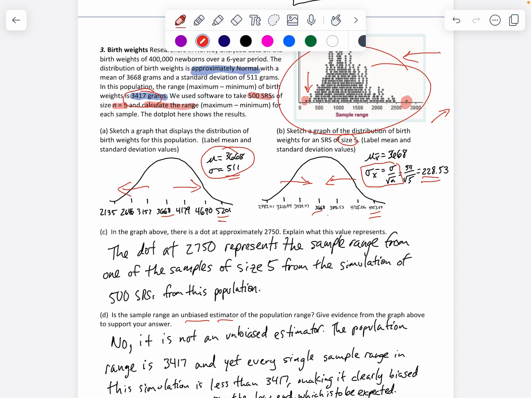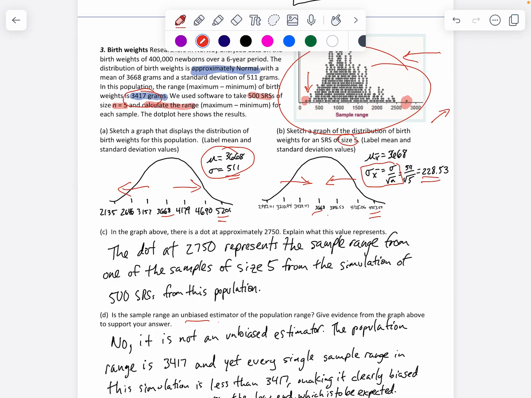The only way you can get the real actual range is if in your sample of 5, you had the heaviest and lightest baby in your 5. If you're picking 400,000 different babies, the likelihood of getting the heaviest and lightest baby in a small sample of 5 is very unlikely, and in this case, didn't happen. So this is biased because everything is underestimating the right answer,